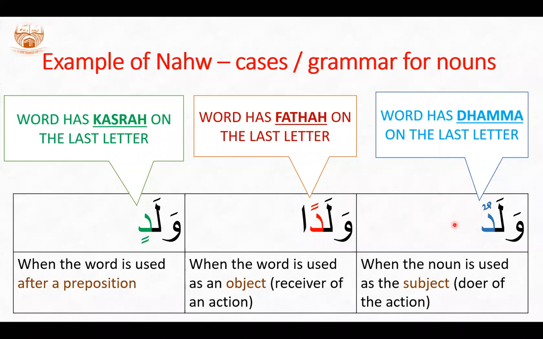And we know that sometimes we say Bismillahi, Allahi is read with a kasra. But then we'll say Allahu la ilaha illa Huwa, Allahu with a dhamma. Why is it that we are changing a dhamma to a fatha to a kasra? Okay? We say, for example, Rasulillahi. But in the Adhan, what do we say? Ashhadu anna Muhammadan Rasulullah. Muhammadun, Muhammadan. It changes. What are the reasons for it?